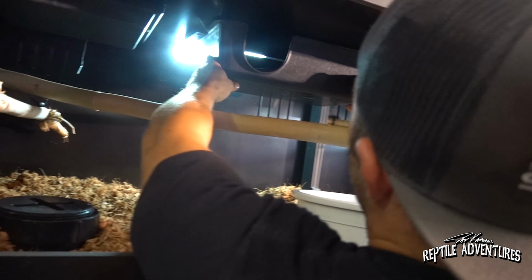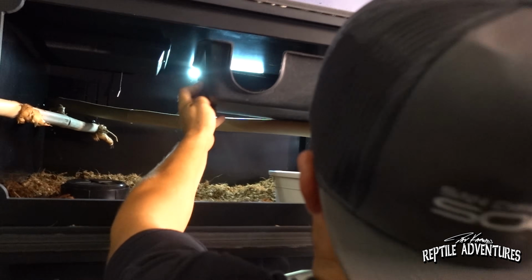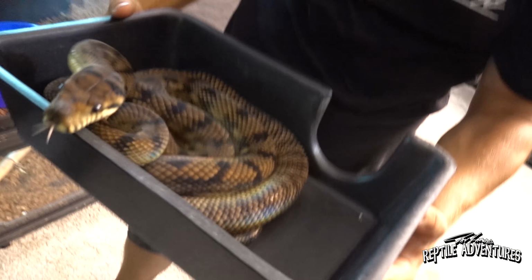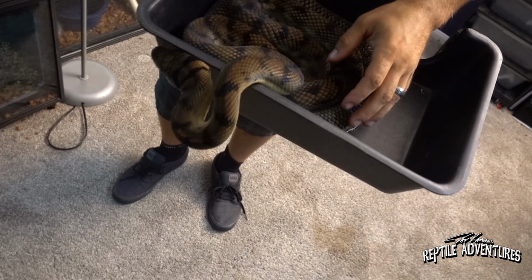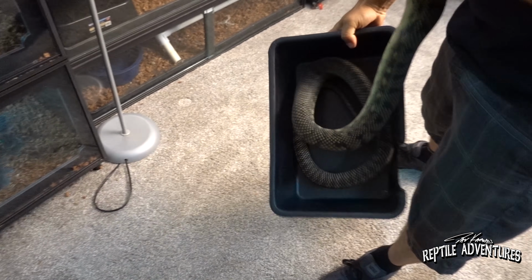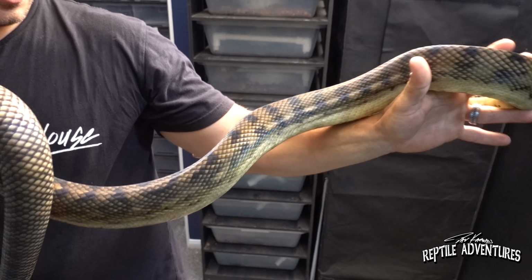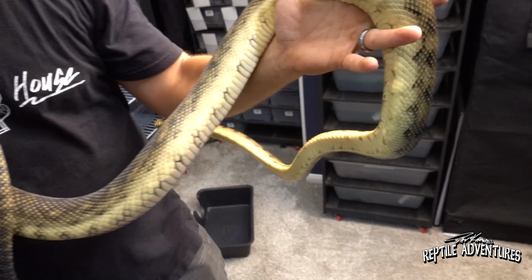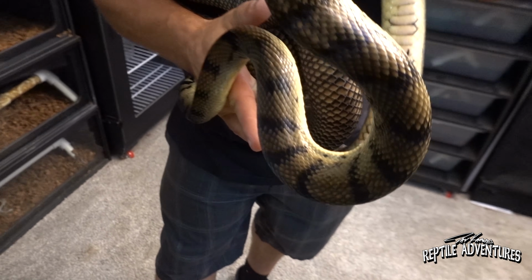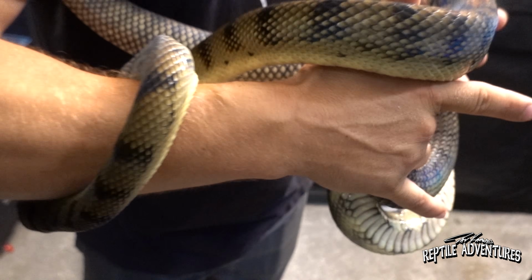All right, let's grab him out. So this is Slim. Oh yeah. Now this to me is a scrub python. Yeah, buddy. Slim is a beautiful snake. He was named after the goat, Slim Shady. These are from Strong, so northwest Papua. The kinghorn I get quite a bit larger. However, they are not available in the United States,